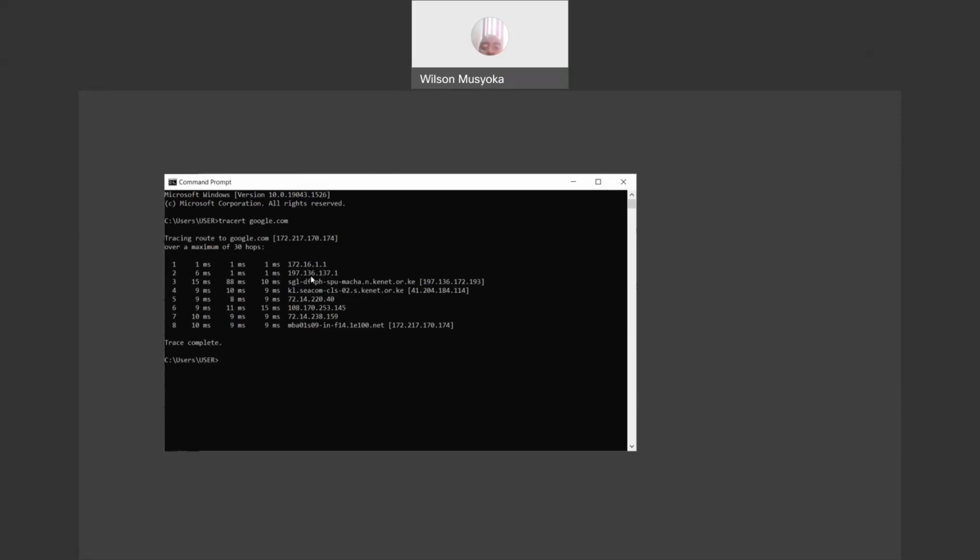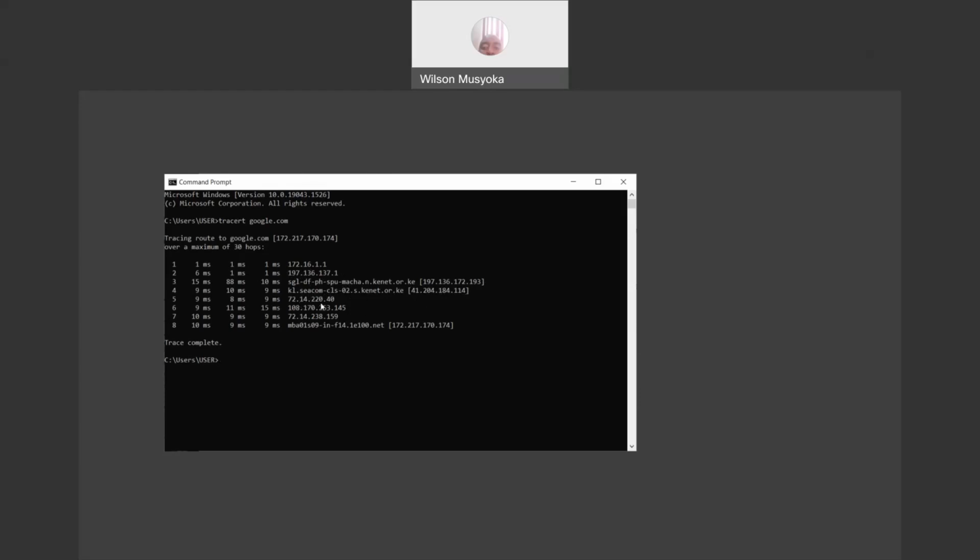Then this one is the network address for our router, and then we connect to the KENET service provider, maybe within the Machakos region, and then that is why it is spumacha.kenet, and then it goes to the Safaricom KENET network, maybe somewhere in Nairobi or Mombasa,